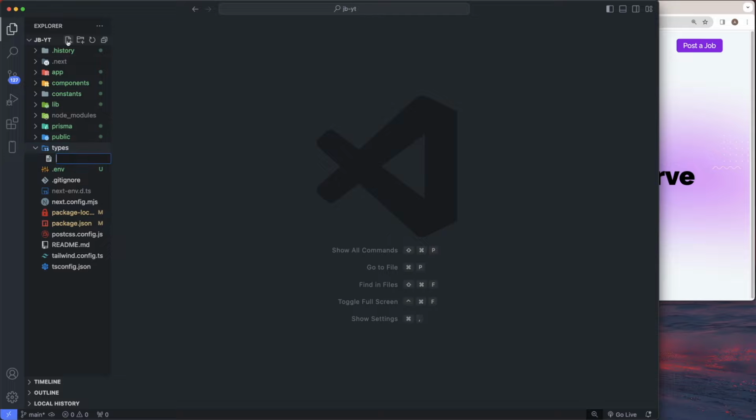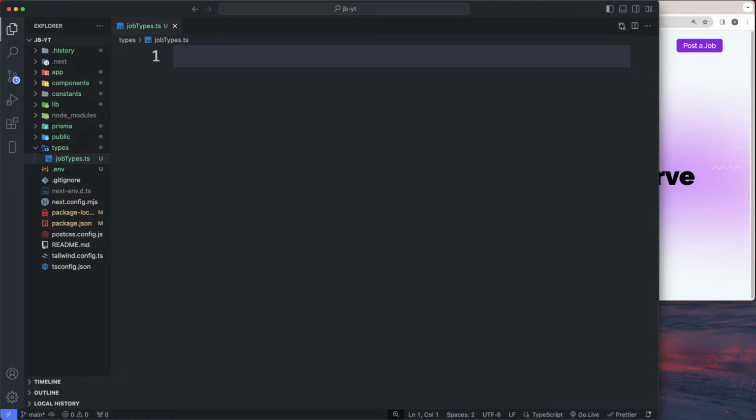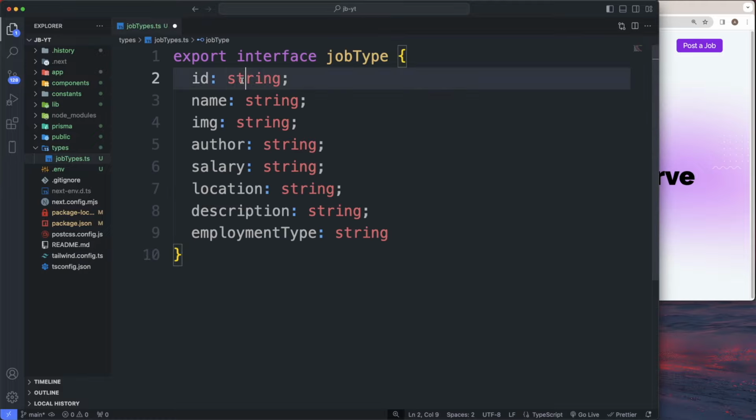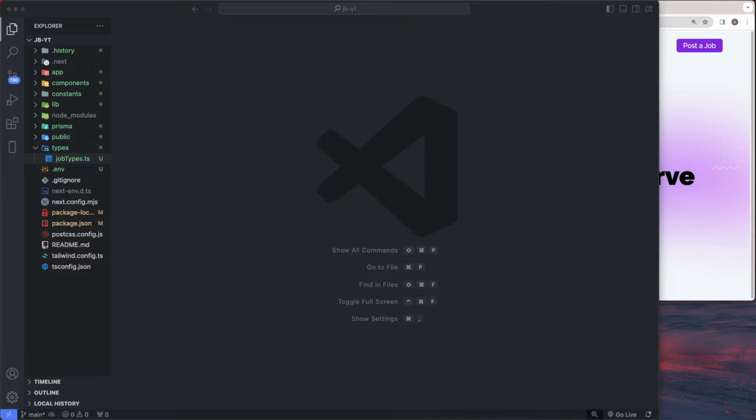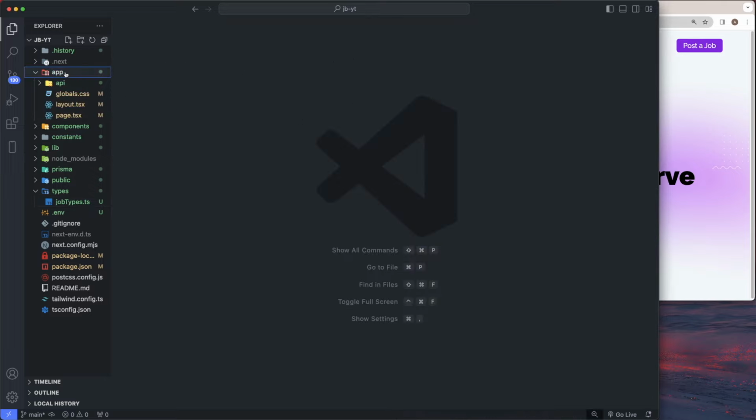We're going to create a file, and it's going to be called jobtypes.ts. All right, and we're just going to do an export interface JobTypes because we're going to do ID string, we're going to do a name string, image string, everything string, author string, salary string, location, description, and employment type. All right, cool. So inside of our app, we're going to create another folder, and we're going to do